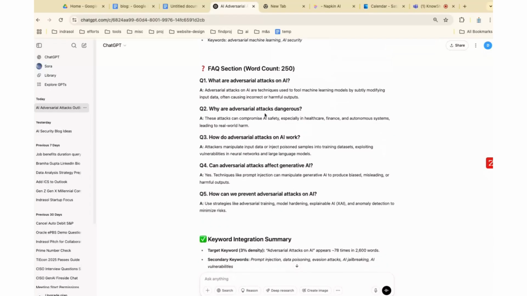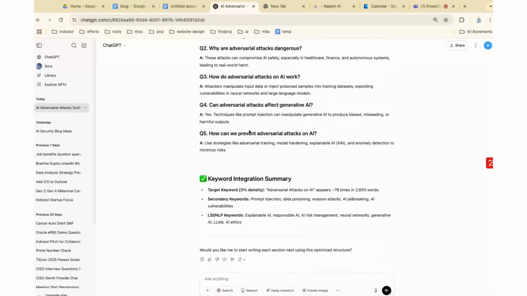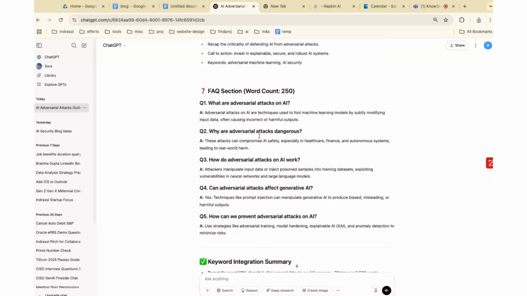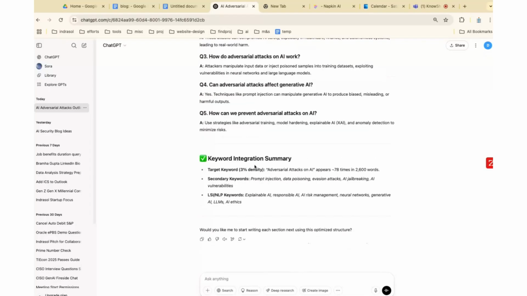Why are adversarial attacks dangerous? How do adversarial attacks on AI work? Very nice, right? It has put together very nicely. These are the most common FAQs, and using them, it will respond in our actual blog, or add to the blog based on these